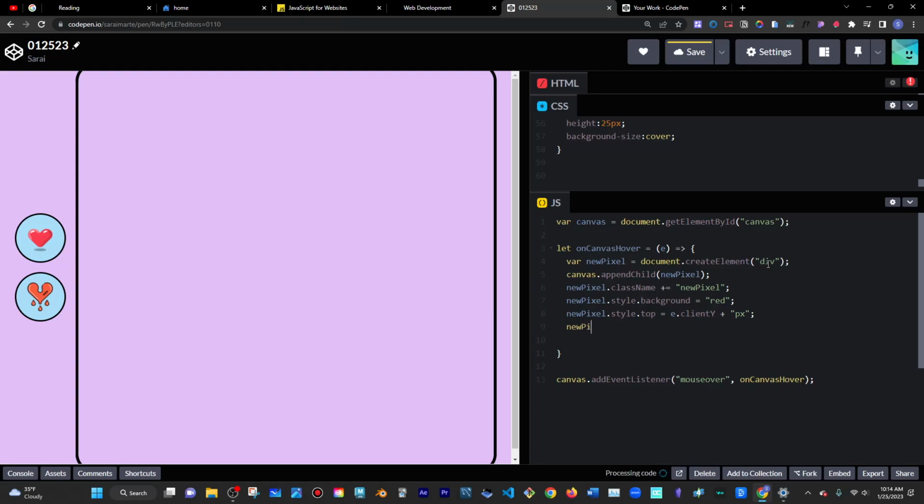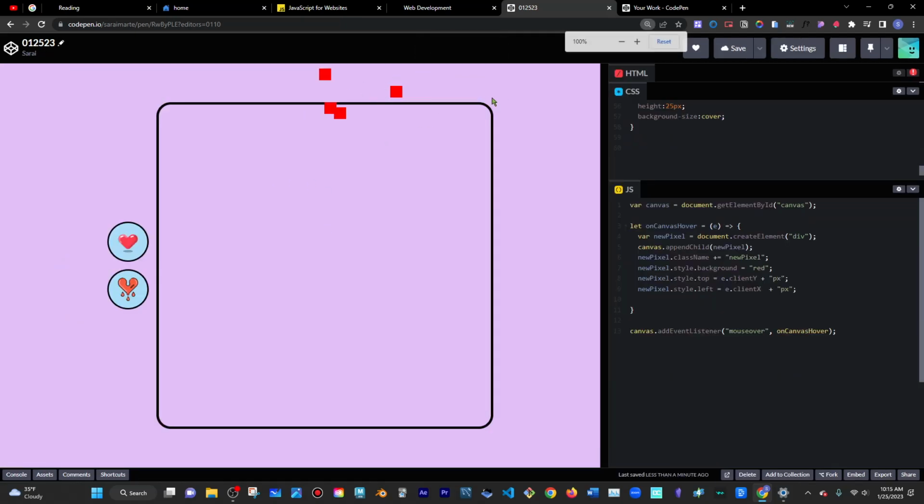And the same thing, style dot from the left, and that's going to be e dot client x and then plus pixels. So I'm taking the position of my X and adding pixels to it, and that's becoming the thing over here. Okay, so clearly it works when I move over the canvas, but for some reason,